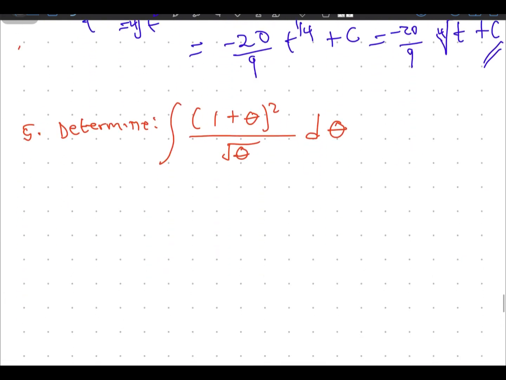So basically, let's move to the 5. The 5 asks us to find the integral of (1 plus theta) all squared over square root of theta. So the same thing, apply your algebra skills here by simplifying it. So in this way, you are going to get